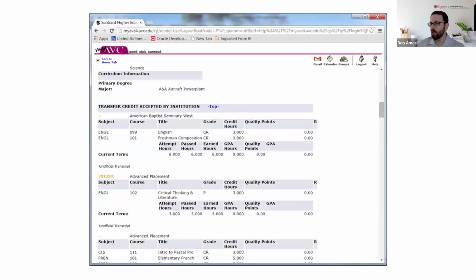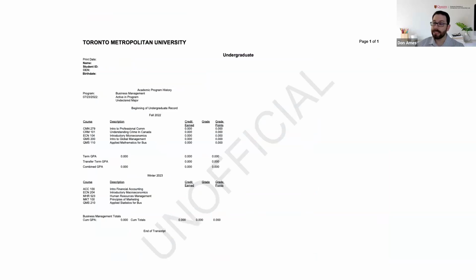These are some documents we don't accept for the admission review process. This is a printout of a student account. It's not acceptable for our review. We will not utilize it, and we will have to request that you upload a new transcript officially from your post-secondary institution in replacement of this document. Same as this will be marked immediately unofficial because, heck, it says unofficial. The SGSPA staff are really diligent with reviewing these documents, so you will have to get an official copy of this transcript to replace this document.